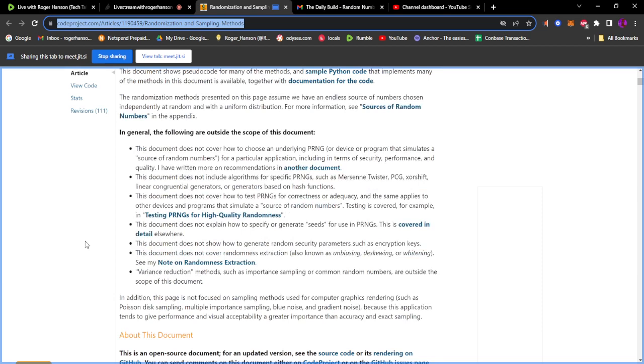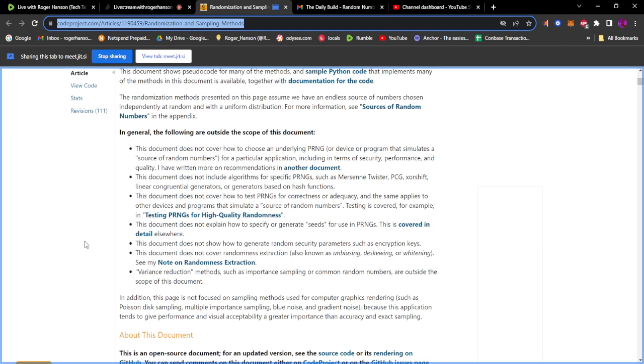Now, I'm not going to go over the appendix on this, so like I said, I can share the link to this, and if you wish to go over those, feel free to do so, but I will not go over any of the appendix when it comes to this.